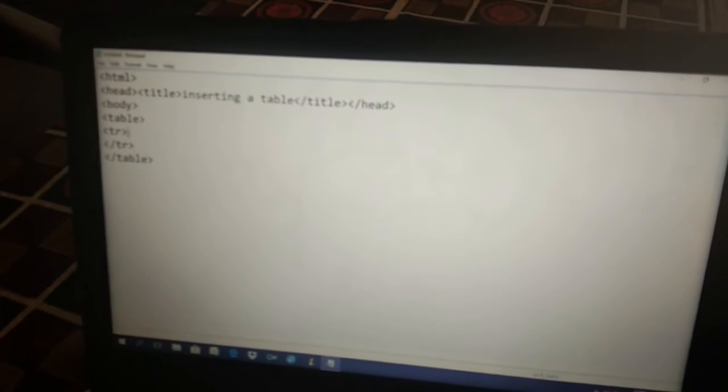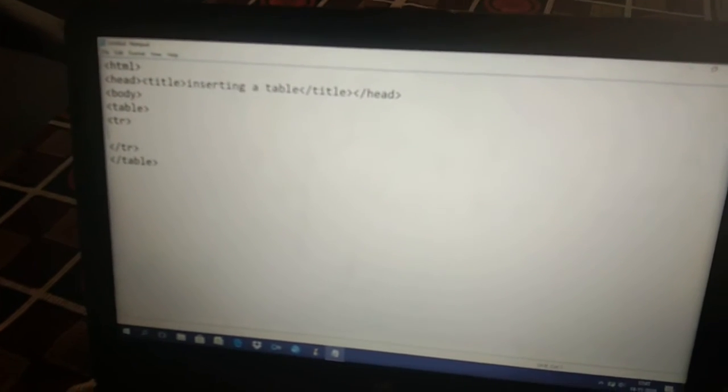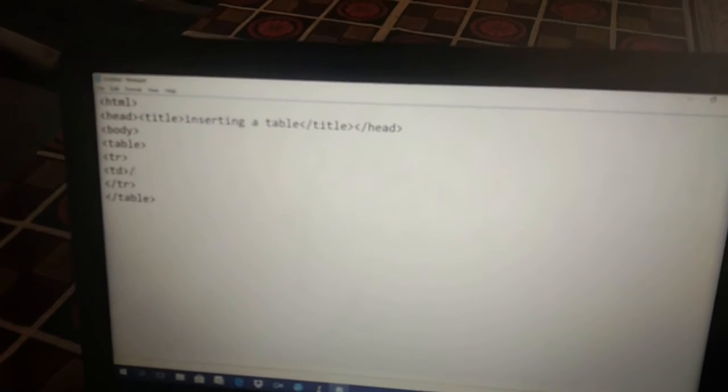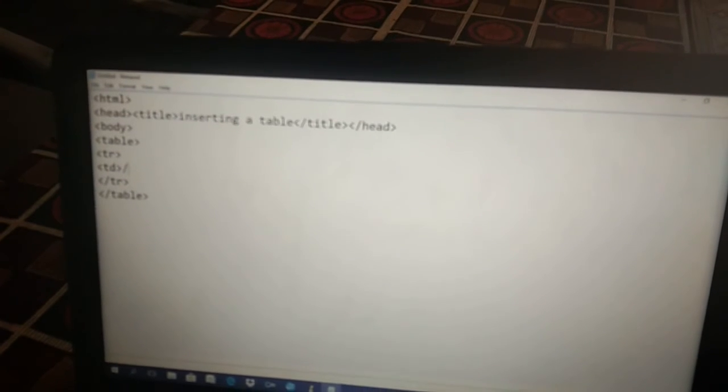Next, we need to type a table data tag and the closing data tag.